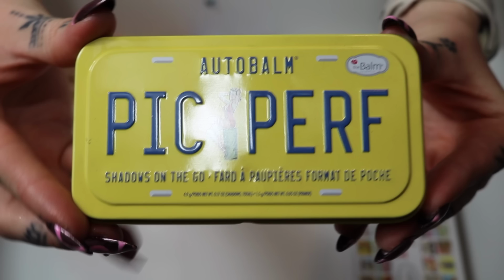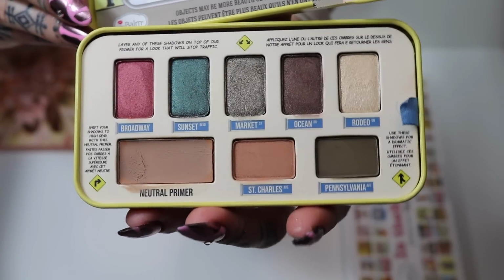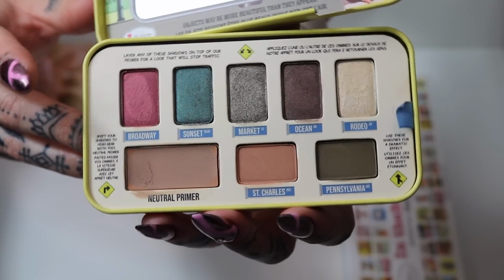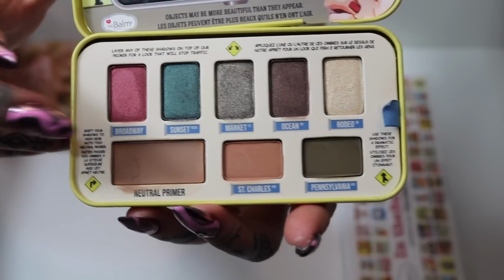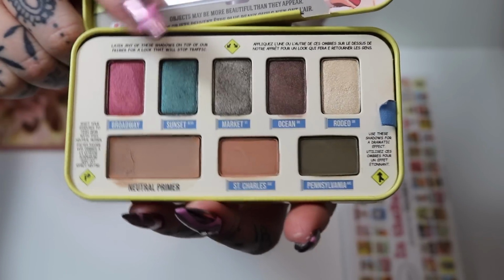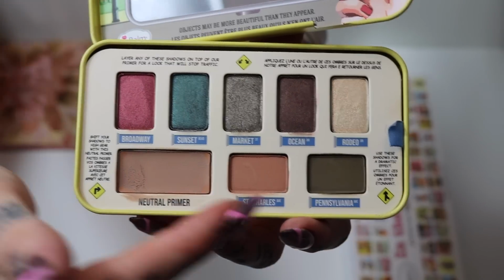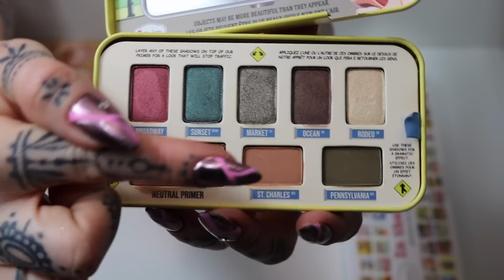And then the second one is the Auto Balm, the Pick Perf, Shadows on the Go. I don't know what happened there. That is just not wanting to stay put. And this one's also going to be going today just because I didn't really gravitate towards using this one all that much. I wasn't a big fan of this natural primer here, and the majority of the shades are shimmers with just these 2 matte shades